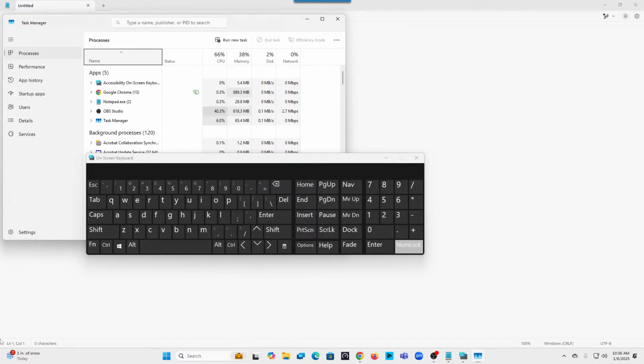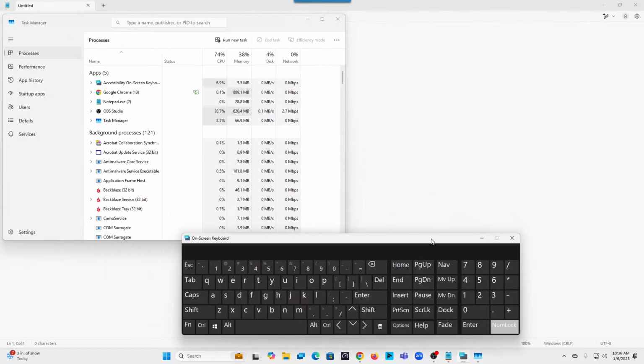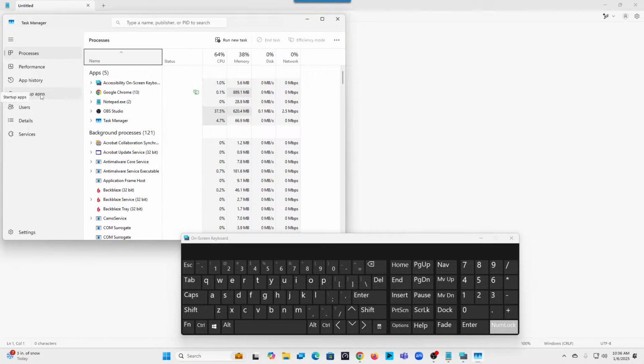So, in the case that I'm using today, there is a startup app for a client that is launching every time he reboots his computer, and he doesn't want that, of course, if you don't want something. So I'm going to move the on-screen keyboard out of the way because that's just for a visual. I'm going to left-click on Startup Apps,